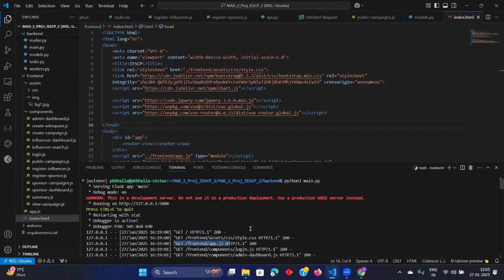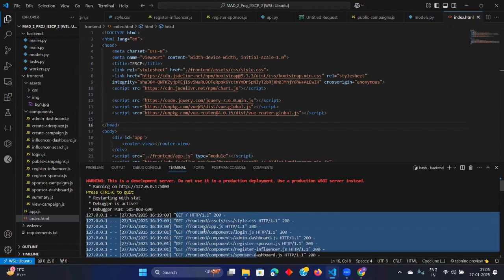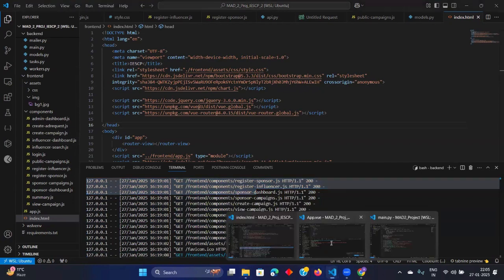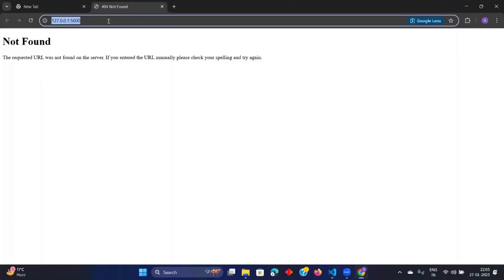Why is it not doing these things here? Because in this scenario, with Vue CDN, it has to call all these things at the first instance when the app is running, so that it can show us these things on the front end. But in the case of this app with Vue CLI, we have just run the application. Now, if I click on this link,